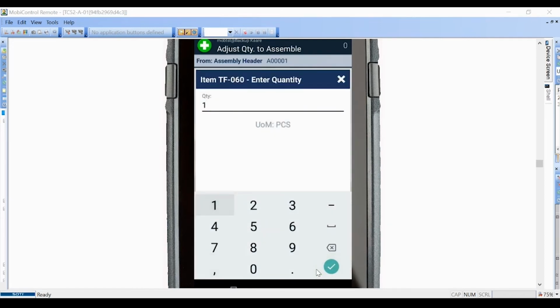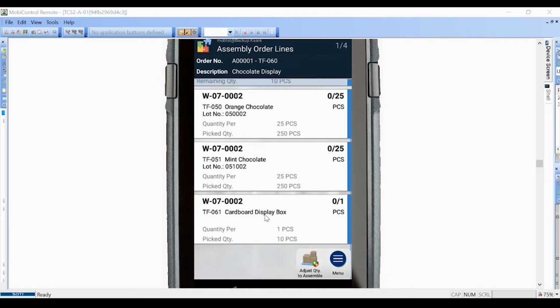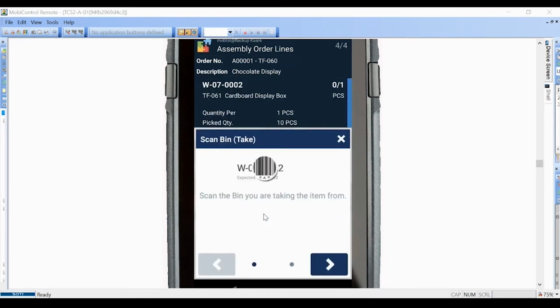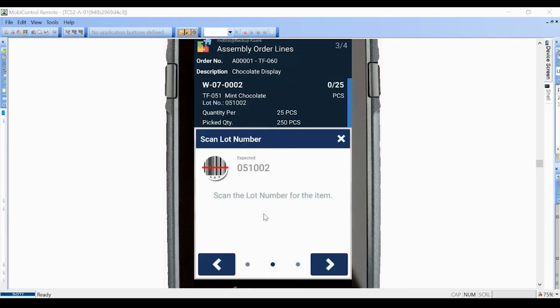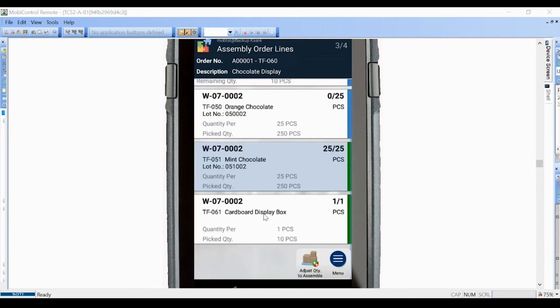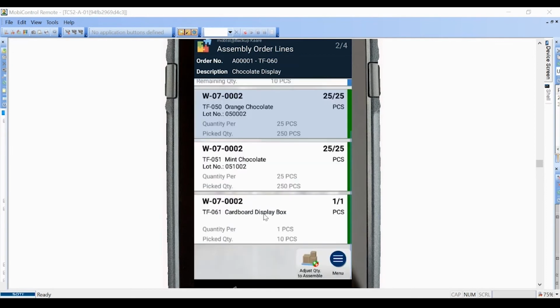I only want to assemble one at a time, like so. And then, of course, the quantity we want to be using for the assembly will change. And to start this off, I actually want to go to the bottom and start off with the card box display. So I just need a single one for this one. The same goes for our mint chocolates. We need 25 in total, and we want to scan the lot number that we'll be using for this assembly. And the same goes for the orange chocolate, and we have a lot number for that as well,